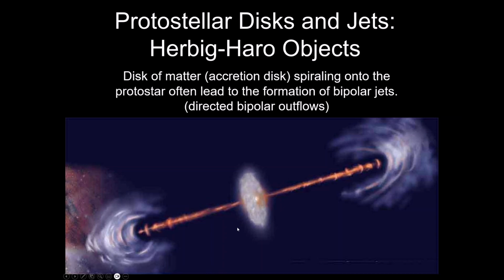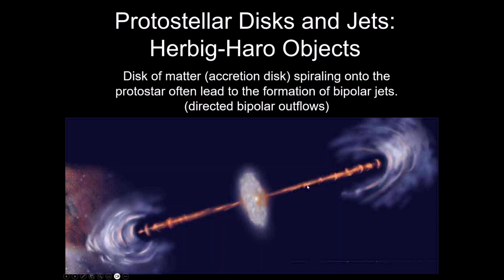And this picture here, it's not a real picture. It's a depiction of what these objects will typically look like, but they will develop a disk because all the material starts to spin rapidly. Everything gets compressed into a disk. And the vast majority of material is going to spiral onto the center of the disk and form the star. Some of it will actually be shot out in what are called bipolar jets. It's a magnetic mechanism that funnels material out the tops and bottoms of the rotational axis of the disk, and it creates these really high velocity jets.